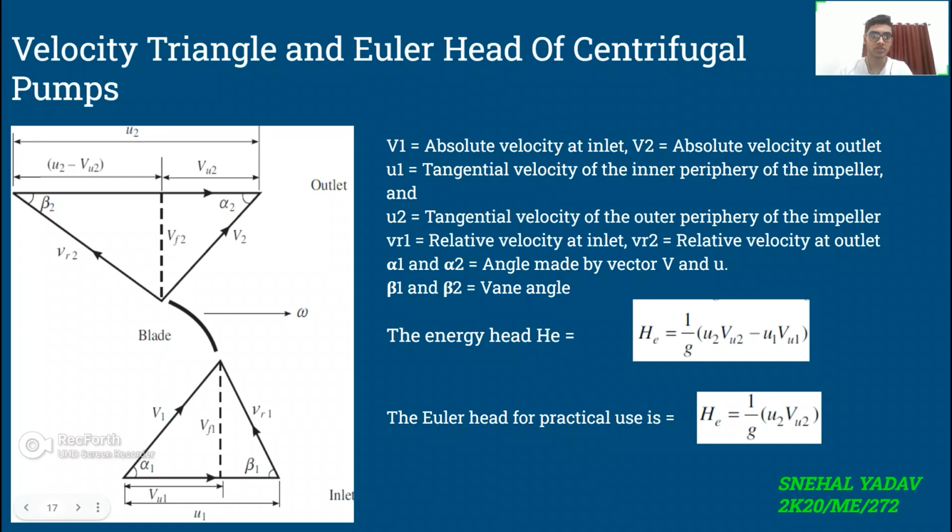So we have the velocity profiles of a blade, of a jet which is pushing towards the blade in a centrifugal pump, and this is the inlet velocity triangle and the outlet velocity triangle. Here,